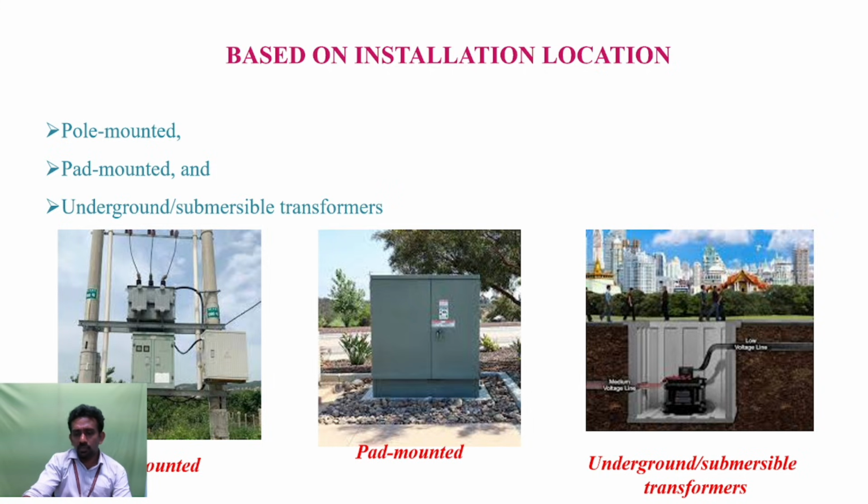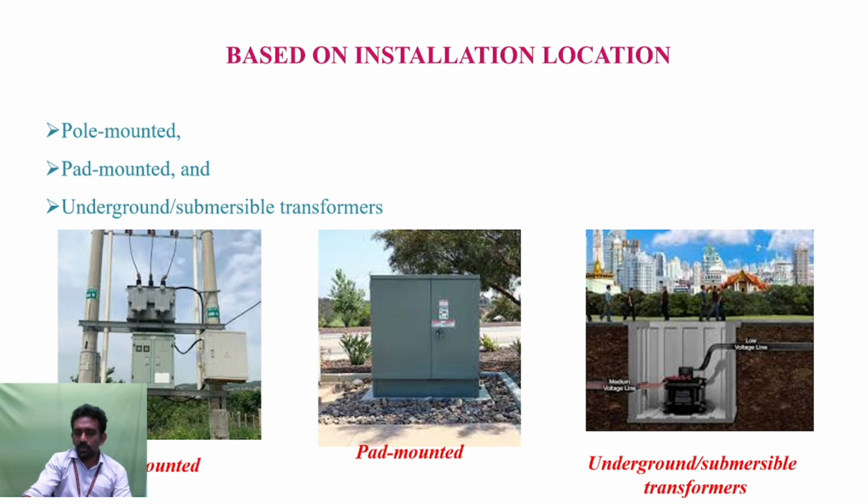So most probably these are seen near substations in cities. Pad mounted transformers are mounted on the ground of the substation, and here it is enclosed by means of a separate cabinet box, and this box protects the transformer from the rain, the moisture and different climatic conditions prevailing over it. And next is